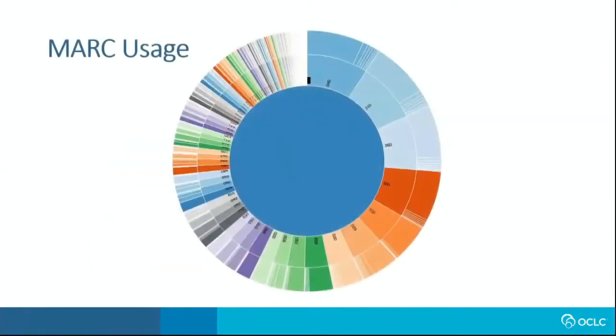We can also do deep dives on specific bibliographic record fields. This is from an older experiment. For about 6 years, we tracked the usage of MARC fields in WorldCat, reporting not only how often a tag and its constituent subfields have been used, even ones that shouldn't exist, but we were also able to analyze selected subfields and their contents. This experiment ceased a few years ago, but we're looking at new ways to report on